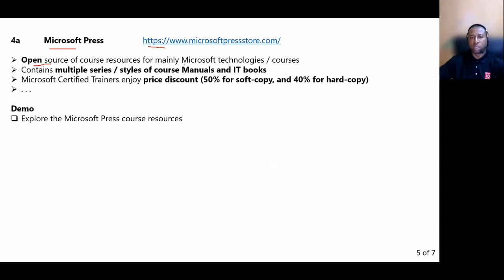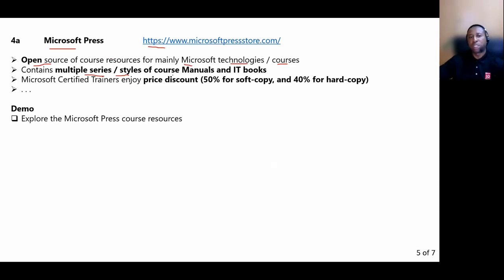You will see majorly Microsoft technologies and Microsoft courses. So that's basically what you will see. But the major thing a lot of us like about Microsoft Press is the courseware, the textbooks you see there. They are written in different series and styles. So the resources you see are resources for fast delivery trainings. You would also see resources you can use in doing deployments. In addition to that, you also see resources you can use in creating even a course. Perhaps most MCTs and course developers get their courseware or textbooks from Microsoft Press because they're actually a lot.